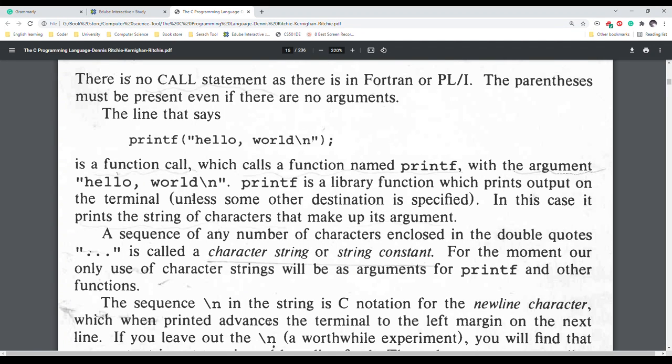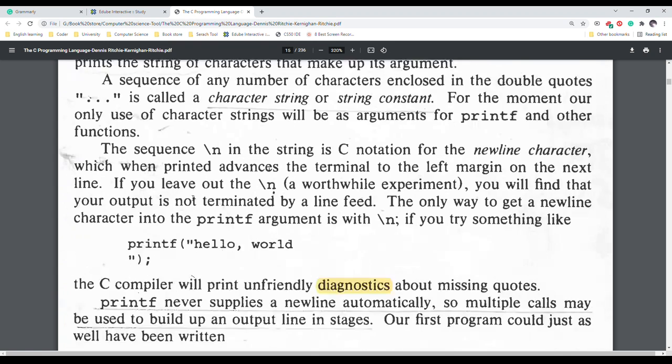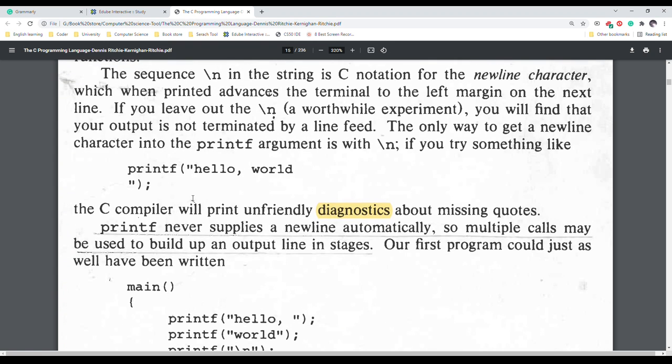For the moment, our only use of character strings will be as arguments for printf and other functions. The sequence \n in the string is the notation for the newline character, which when printed advances the terminal to the left margin,